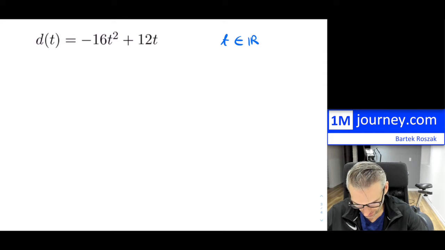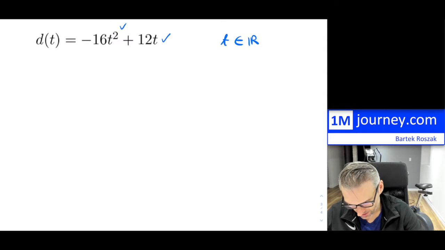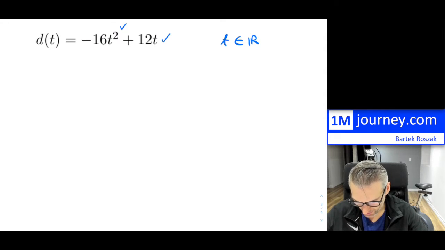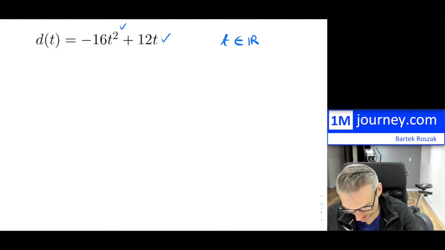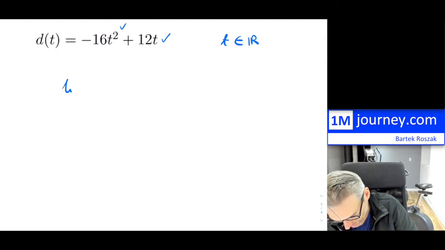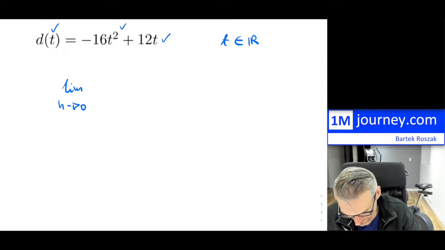This function is defined everywhere because it's just a polynomial. In this case, just a quadratic, to be honest with you. So how would we do this? Okay, from first principles. So this is going to be the limit, I guess, as h is approaching 0, of